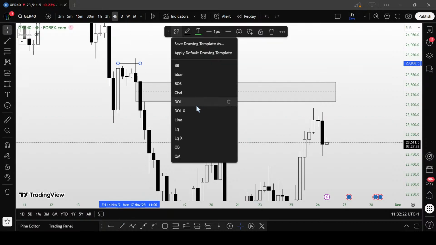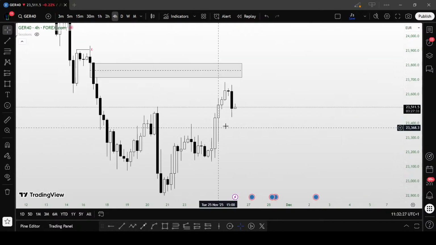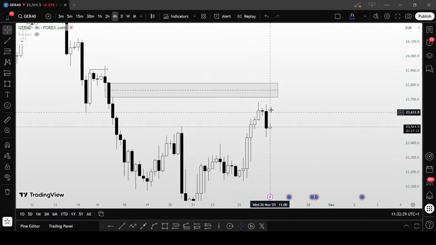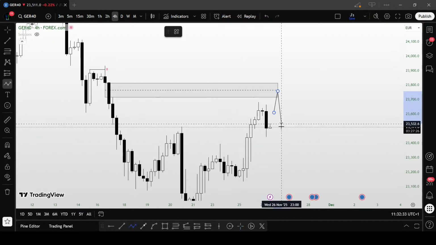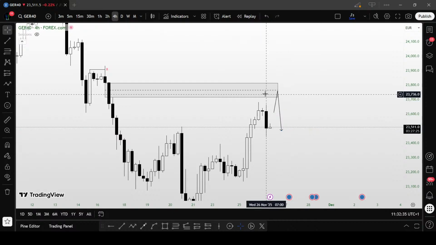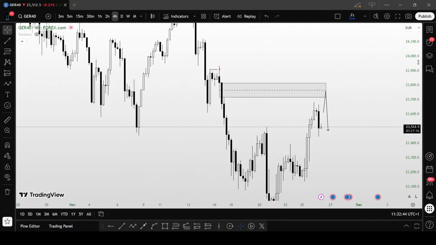So price could definitely come back to the upper range, that's the premium price, and then go down from there. It would be awesome if it just has a wick coming up here and closing below it. Right, so even at that, personally I could pick a trade from the 50% of the fair value gap and push it down again.